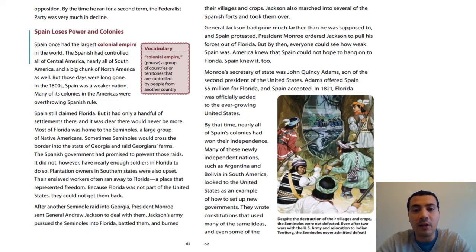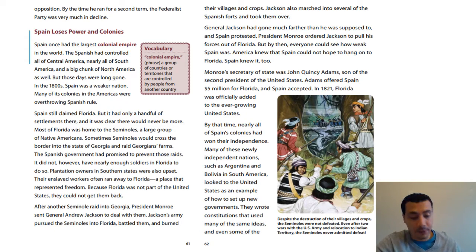By that time, nearly all Spanish colonies had won their independence. Many of these newly independent nations, such as Argentina and Bolivia in South America, looked to the United States as an example of how to set up new governments. They wrote constitutions that used many of the same ideas, and even some